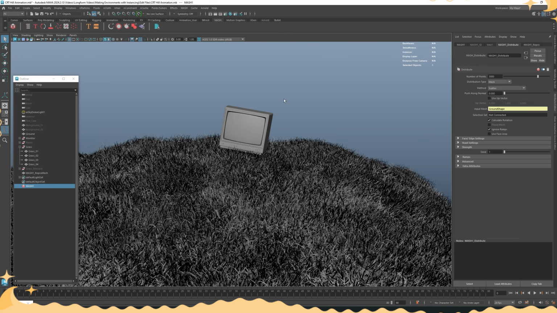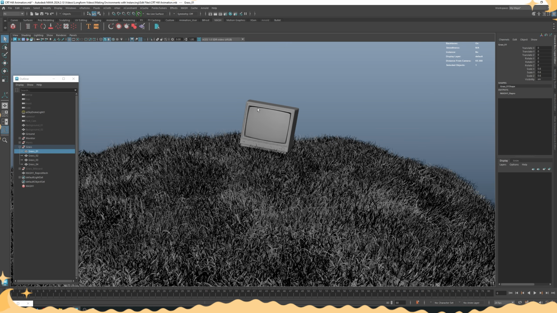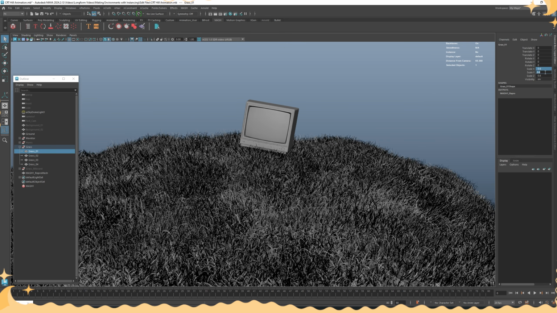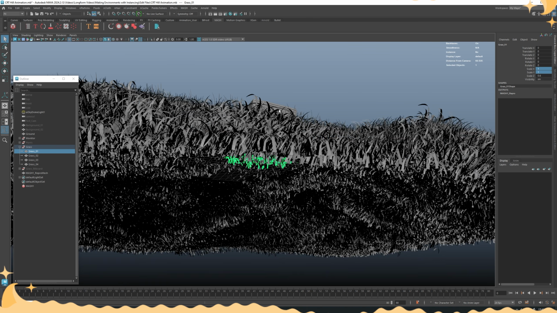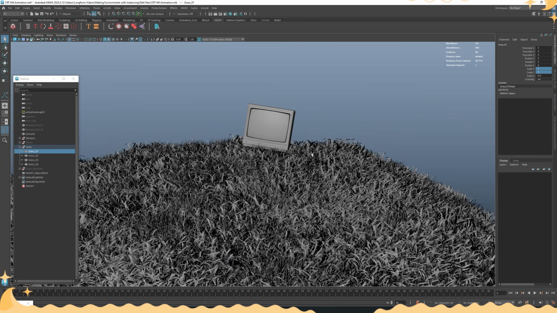But if I wanted to make any changes to this whatsoever, for example, if I was to select this original grass and then try and update the scale of this to something like 1, you can see I'm trying to orbit now. The whole computer's frozen because of how many individual assets I have. And you can see now it's just gone and updated it. If you want to work on things quickly and just sort of have more of a fun time doing it,